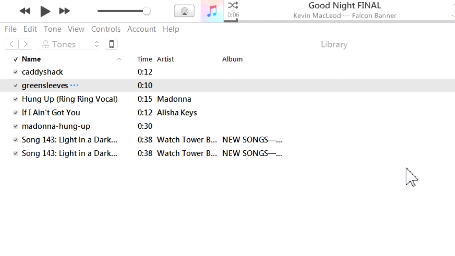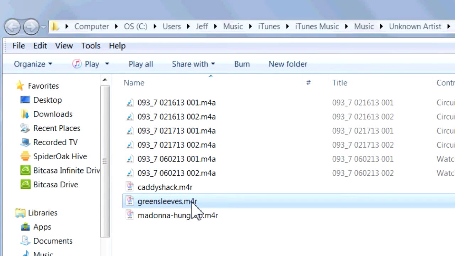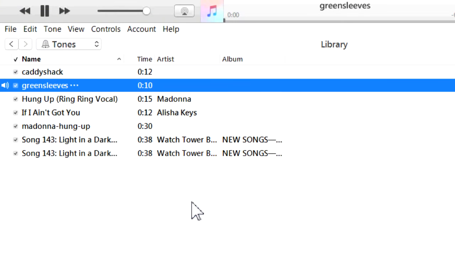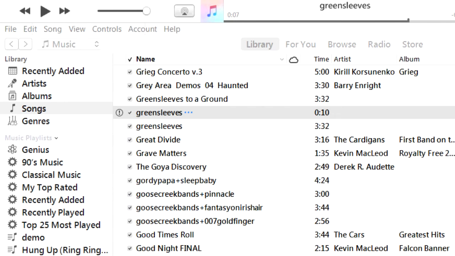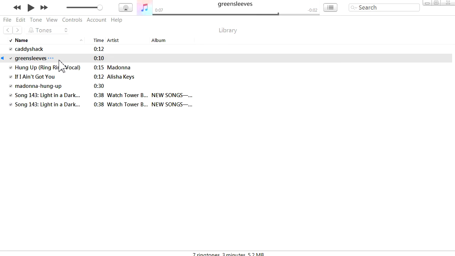Another way to make sure that the ringtone is added to iTunes library is to first unplug your iPhone from the computer that you're using, then minimize iTunes and just double click that M4R ringtone and it will start playing. You can pause that. And now if you change from your music folder to your tones folder, you'll see that that new ringtone is in that folder. Now you can plug your iPhone back into the computer